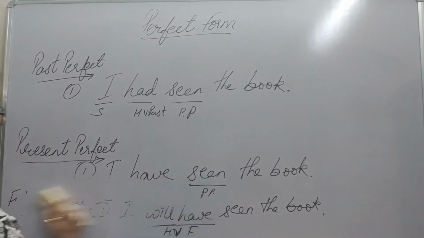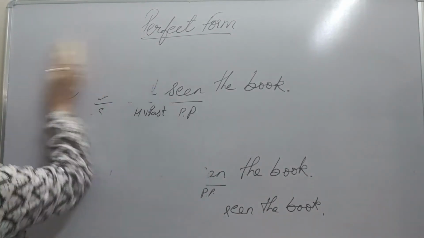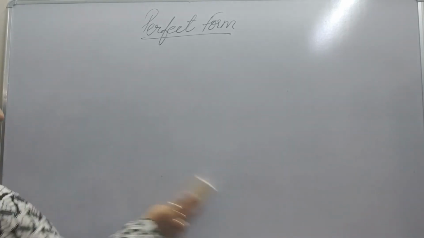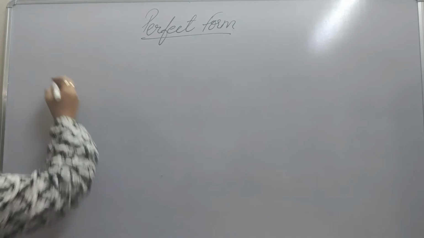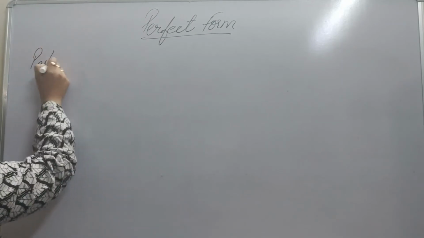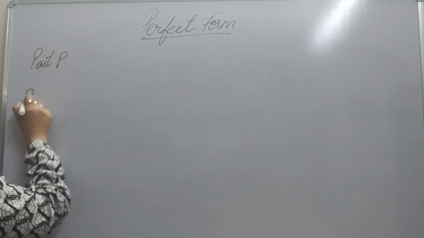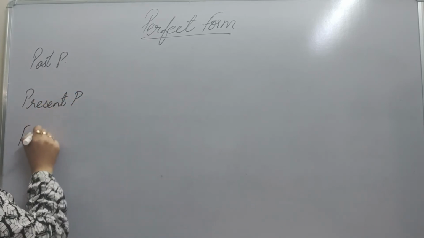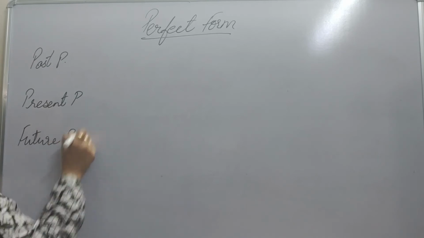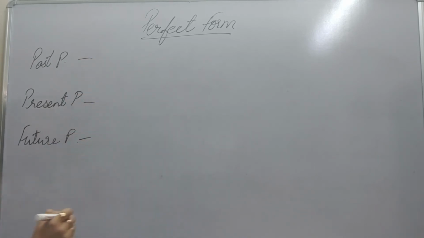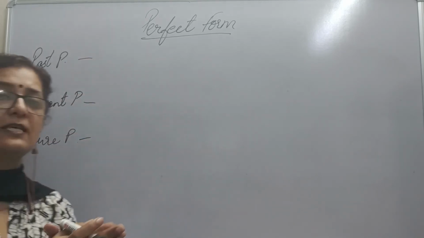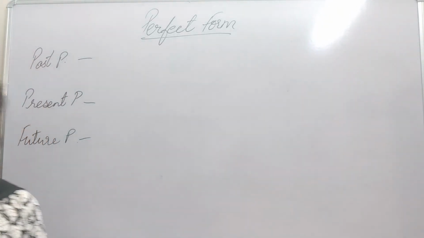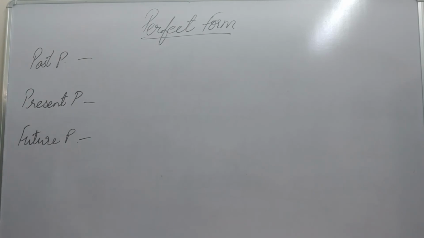I'll be giving you another example. This was one example which I gave you. Now a second lot of examples so that this concept is very, very clear to you. You don't have any more doubts with this. I'm writing it here. Past perfect, present perfect, and future perfect. Okay, one example each of all the three. Again, I'll be picking up the same sentence in different forms of the verb, different tenses of the verb. First one,